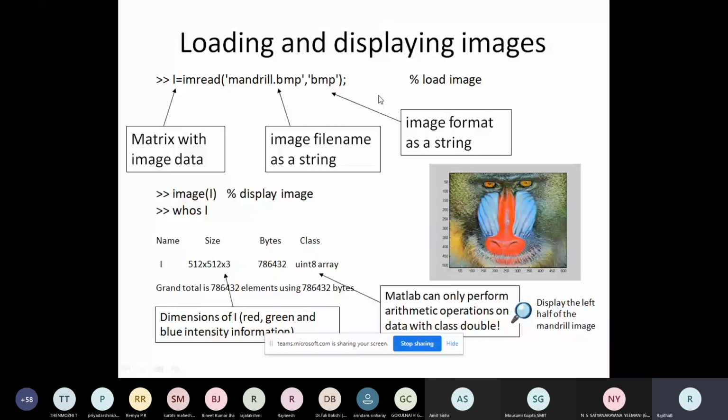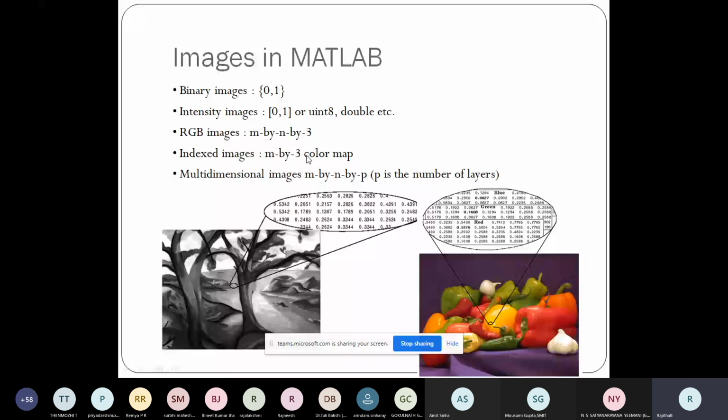Now you can look into the color spectrum, all the image matrices, and the color depths as well. These are the values for combinations of intensity values.